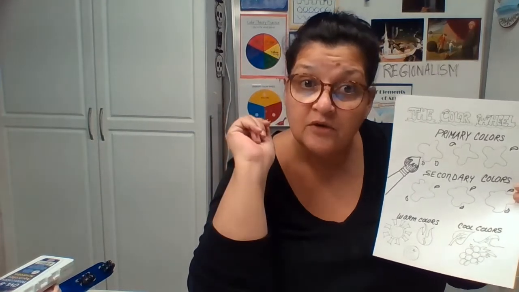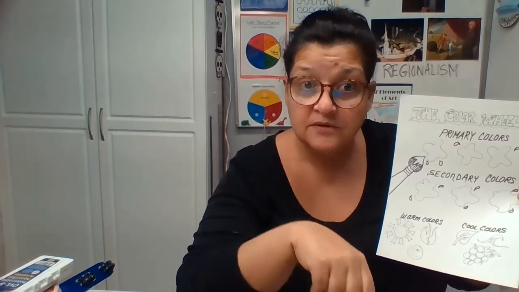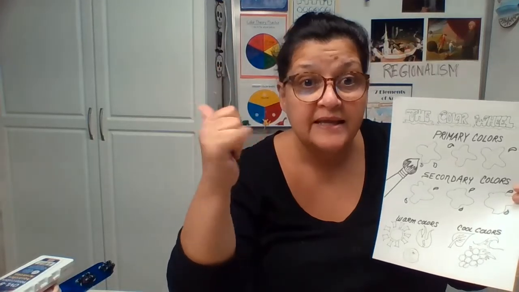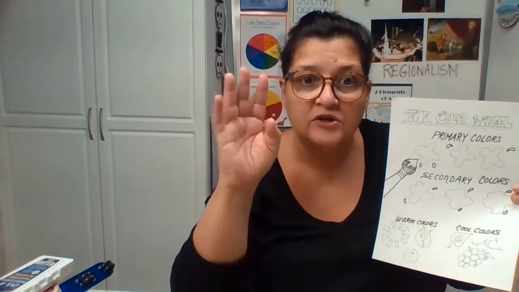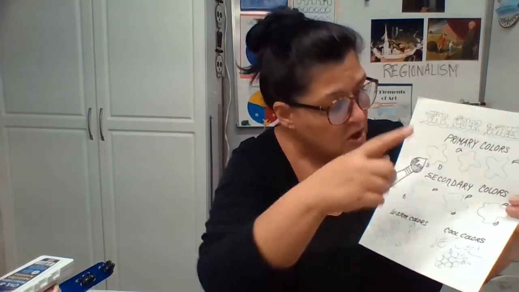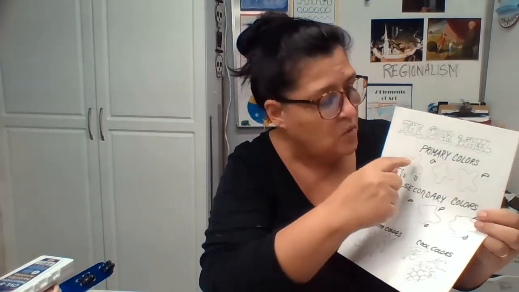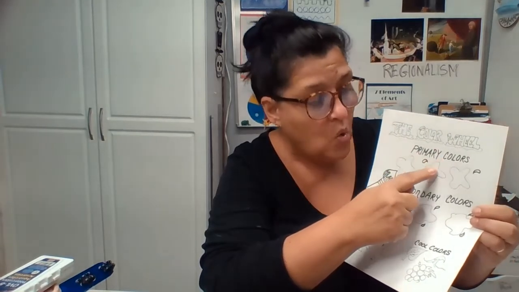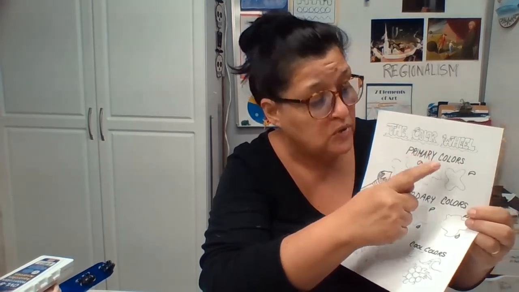Well, I'm going to tell you. Red, blue, and yellow. Those 3 colors make up all the colors in the rainbow. Isn't that wonderful? So let's color in one of these paint spots red, one of these paint spots blue, and one of